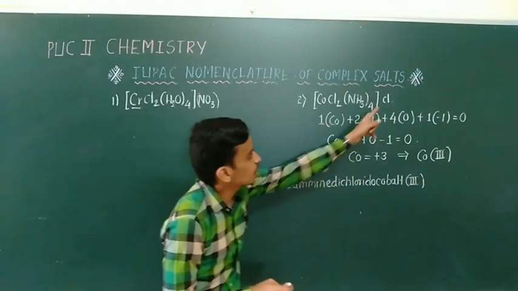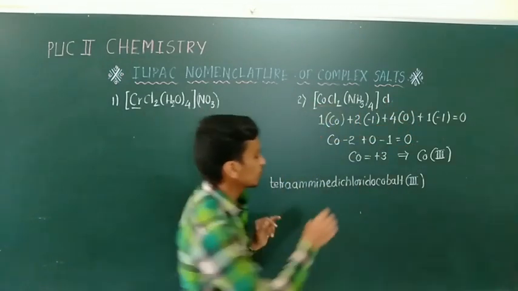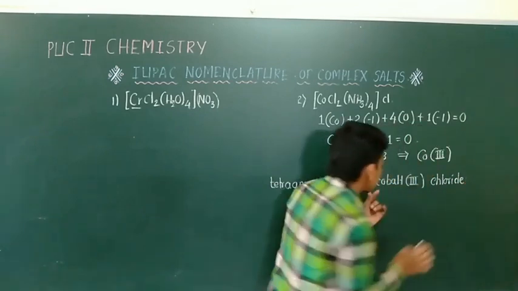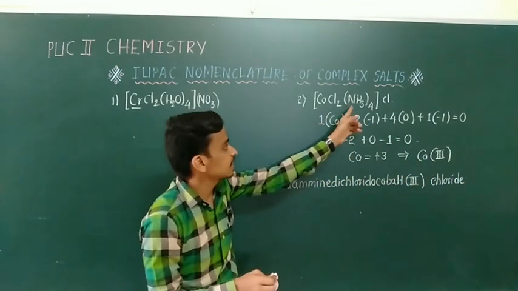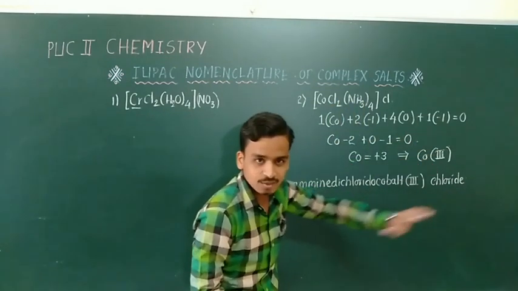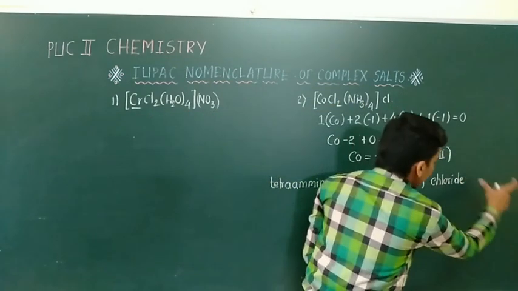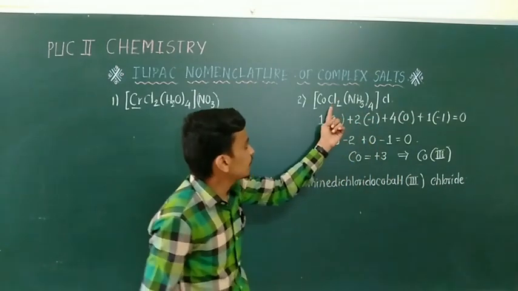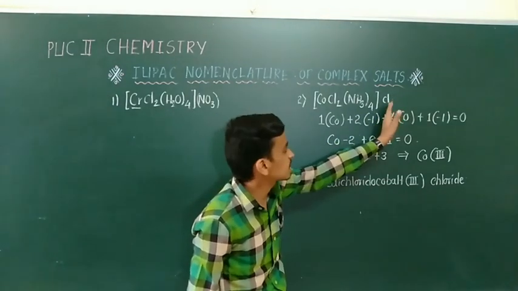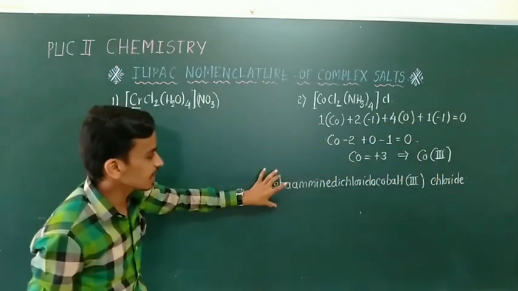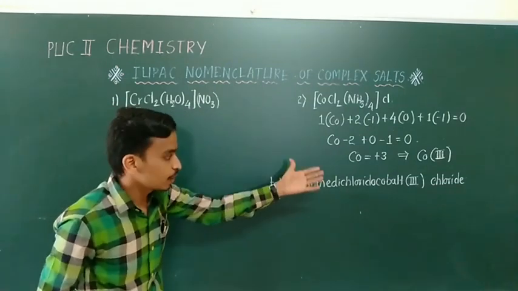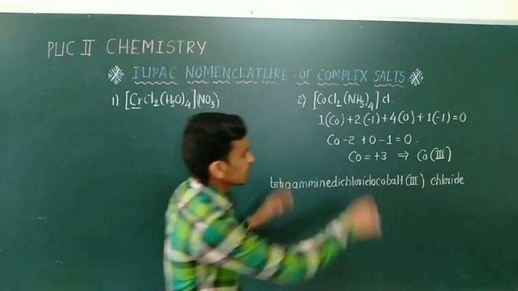And what is remaining? Chloride. Therefore you are going to write down it is the chloride. Observe here, if the chlorine is coming inside the square bracket, it is read as chlorido. If it is coming outside the square bracket, it means it is a common ion like chloride. If there was bromine here, it is written as bromido. If the same bromine was outside, that is considered as bromide. Therefore it is the IUPAC naming of this complex, that is tetraammine dichlorido cobalt(III) chloride. It is regarding the second complex.